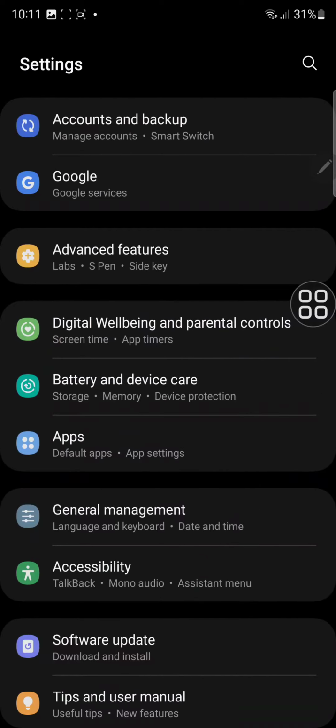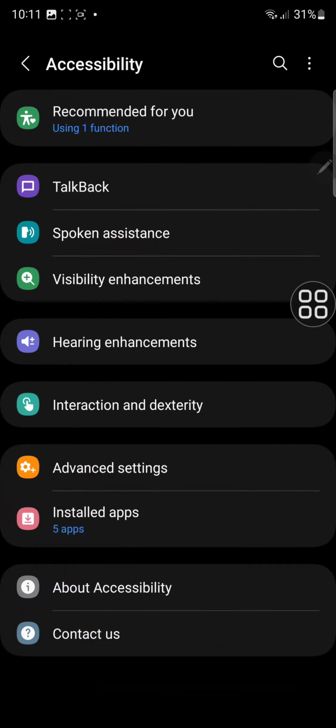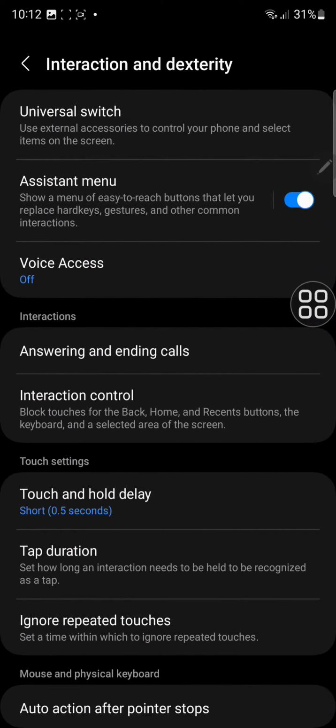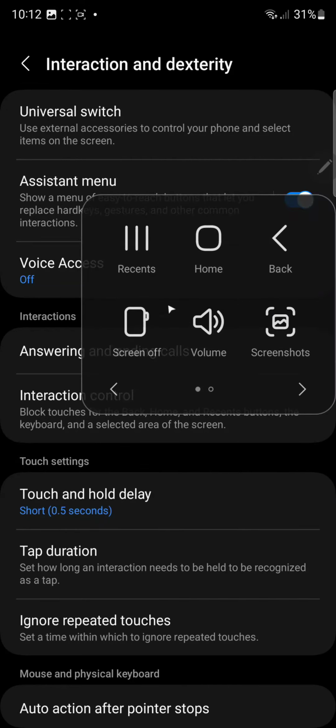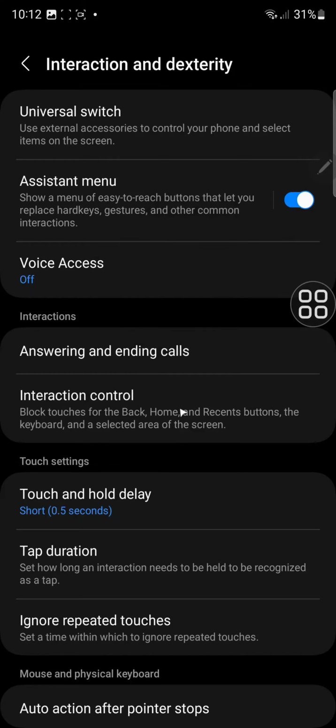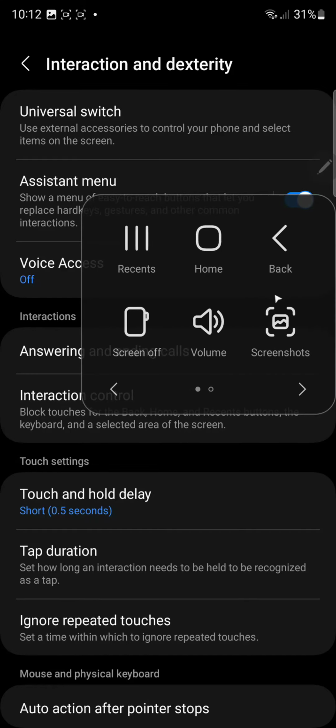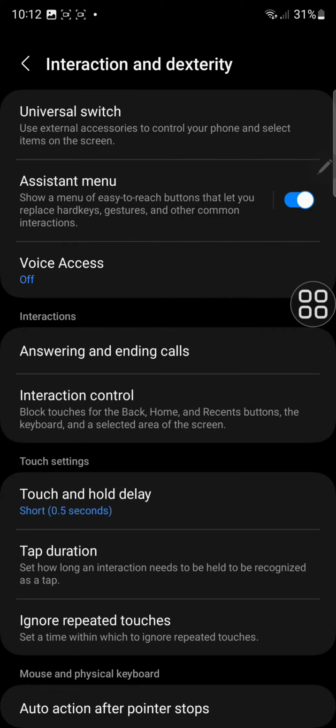The place where you find it is that you scroll down all the way to accessibility, and from accessibility, you go to interaction and dexterity, and then you click on assistant menu. Once you have it, you click on it, and then you have a bunch of different options: recents, home, back, screen off, volume, screenshots, and a bunch of different options that you can use to take a